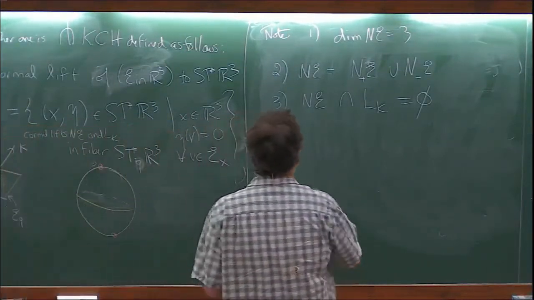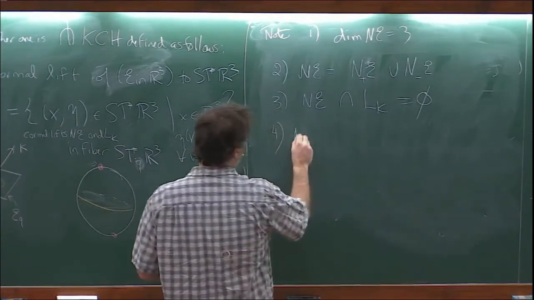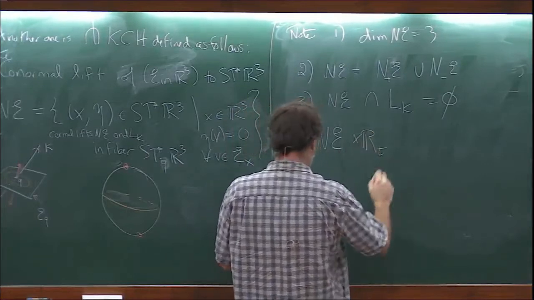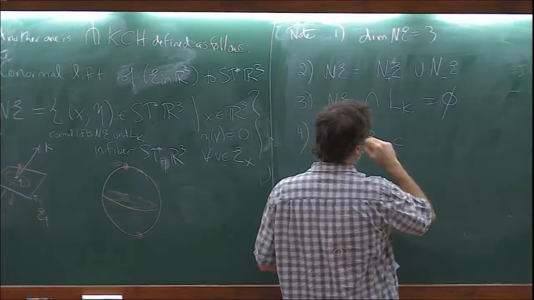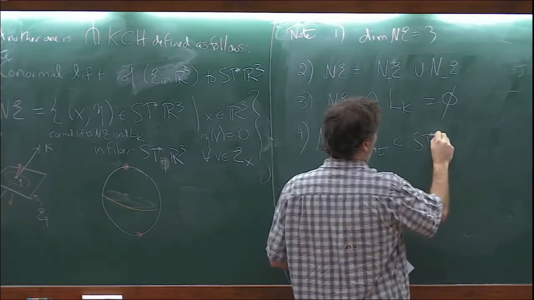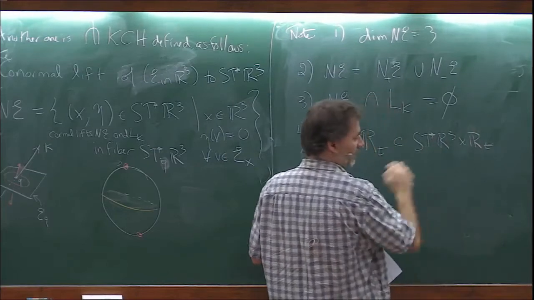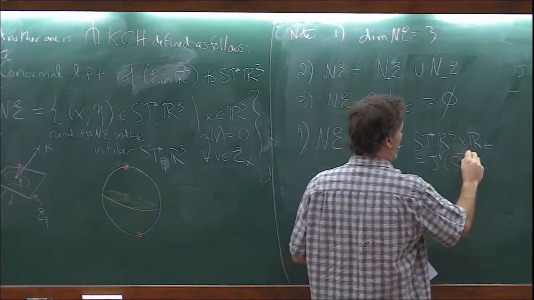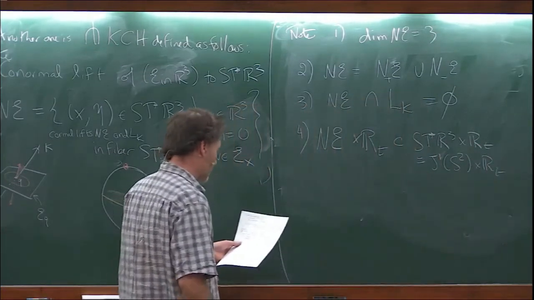I'm going to make this a less obvious claim: if you take this three-dimensional guy and cross it with RT, this is now sitting inside the unit cotangent bundle of R3 cross RT, which is the symplectization of the unit cotangent bundle. It's also the symplectization of the one jet space of S2 cross RT. I claim that this is actually